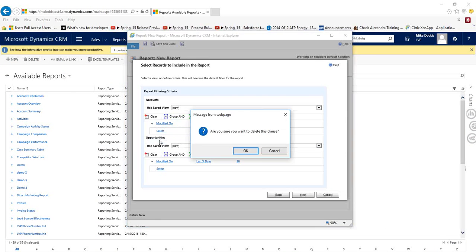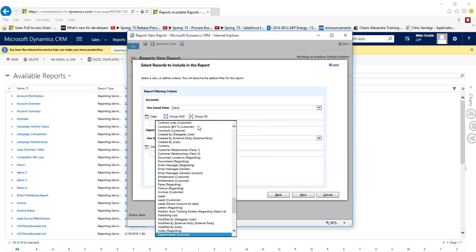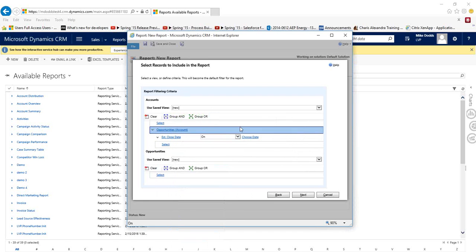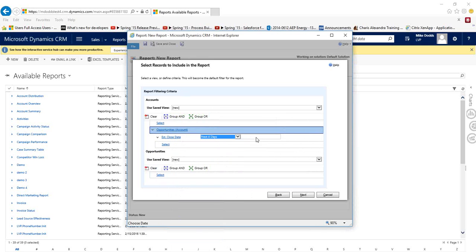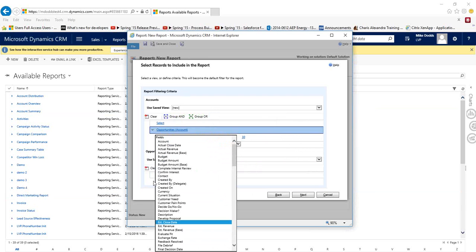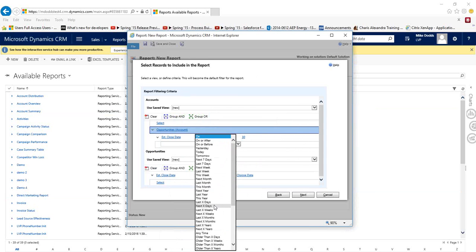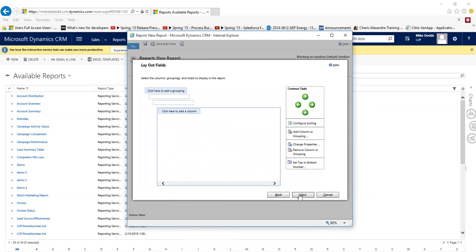And for our filtering, we're just going to clear these away as they don't apply. And for accounts, I want to make sure I'm getting opportunities related to the account that are estimated to close in the next 30 days. So if I go next X days, and then I just type in 30, that's set. And then I also want to set this for the opportunity, because I want to make sure I'm only getting the opportunity showing that information. So do next X days and do 30. And then if we click next,